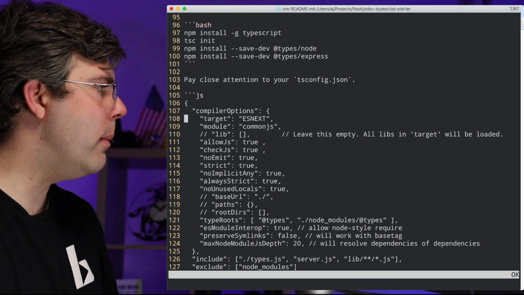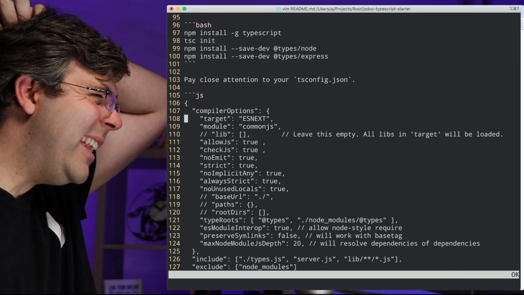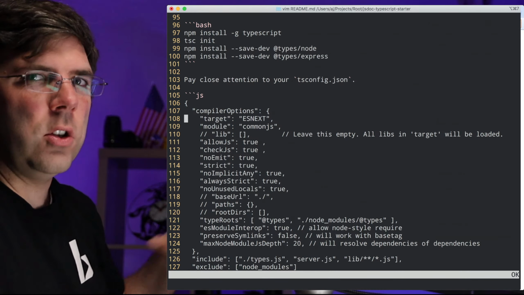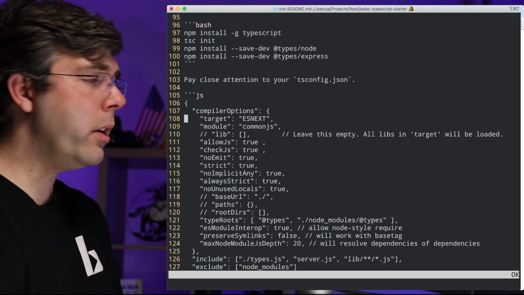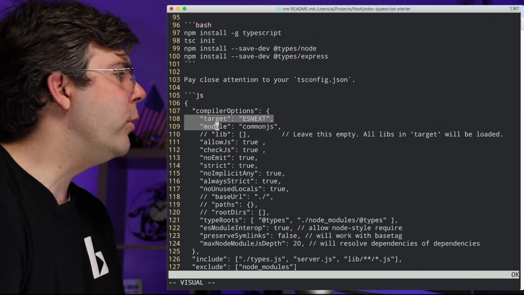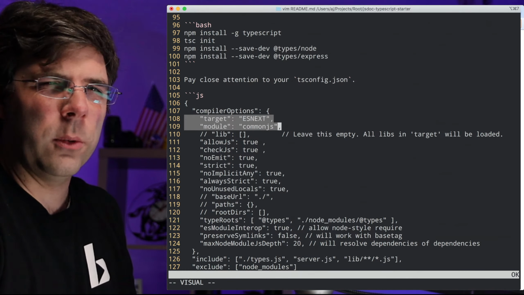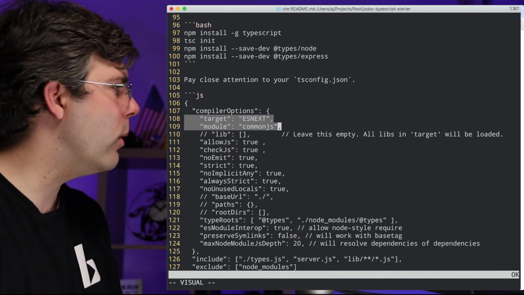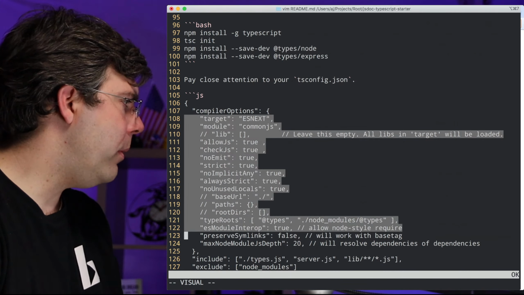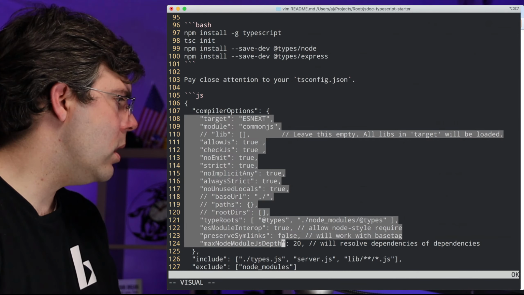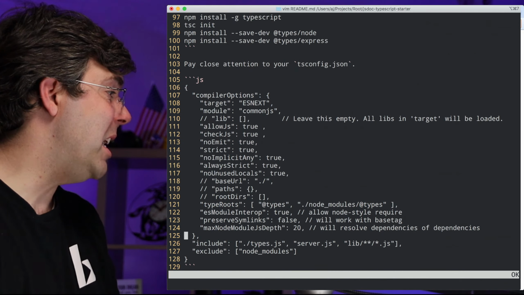Because in Node, we use CommonJS. Whereas if you're going to do code in the browser, it has different options if you just wanted to write old-fashioned browser code rather than import code. There are different options that you would turn on. You wouldn't be using the CommonJS option for that. Or maybe you would if it was with Webpack or something. The browser is much more complicated. Node's pretty simple in this regard. And so there's a couple things we need to make sure stay. Yeah, pretty much all of these things need to be